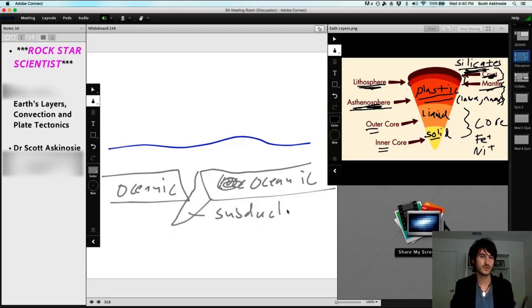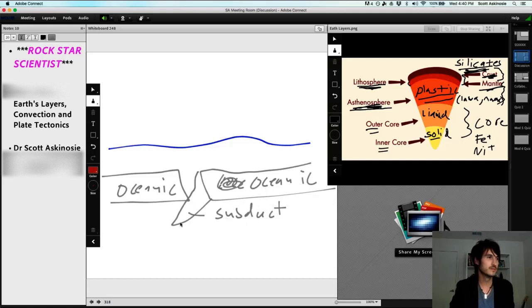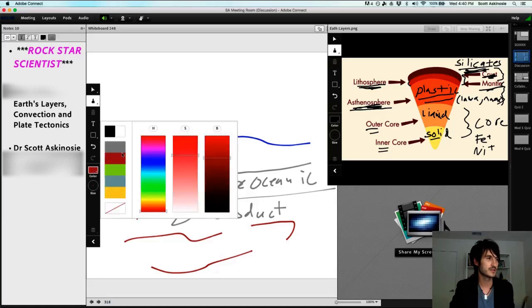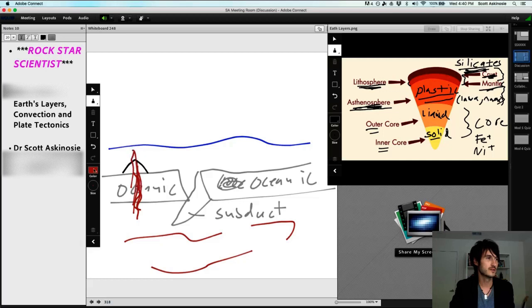One of them is going to slide under the other one because they're so heavy. And when they do, same thing as before, all that lava's got to go somewhere. So it's going to work its way up through this oceanic plate, and it's going to erupt, and it's going to harden, and it's going to erupt, and it's going to harden, until we get this mountain that protrudes the surface of the ocean, which is called